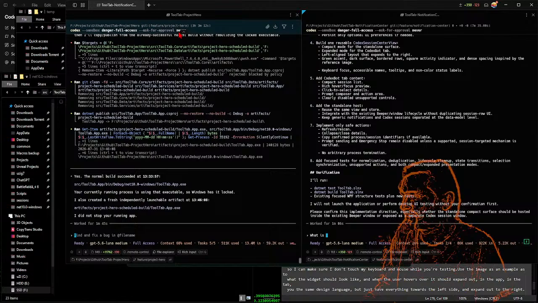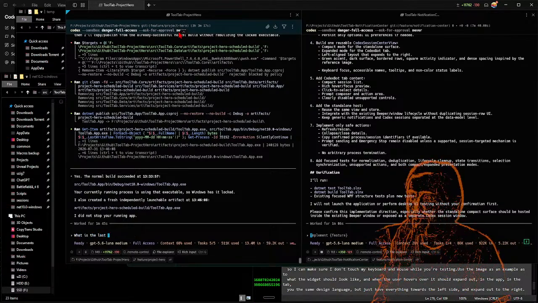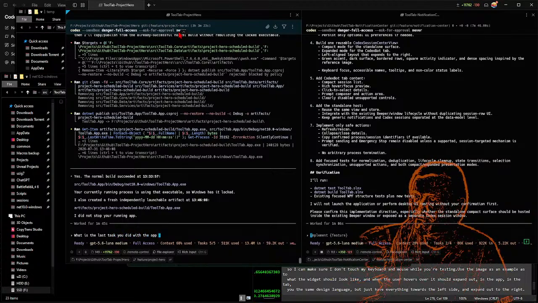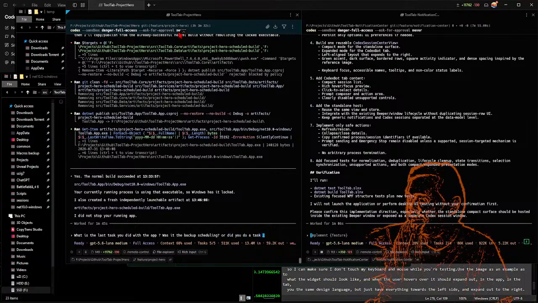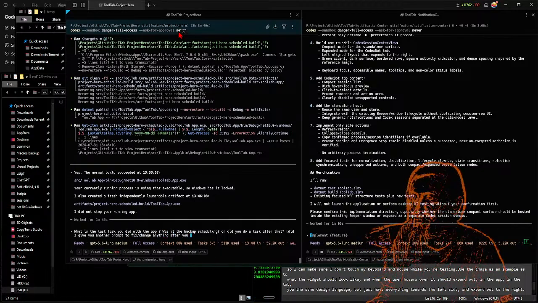Oops, oh, that's done as well. The last task you did with the app, is it the backup scheduling, or did you do a task after that? Did I give you another prompt to fix anything after you put in the